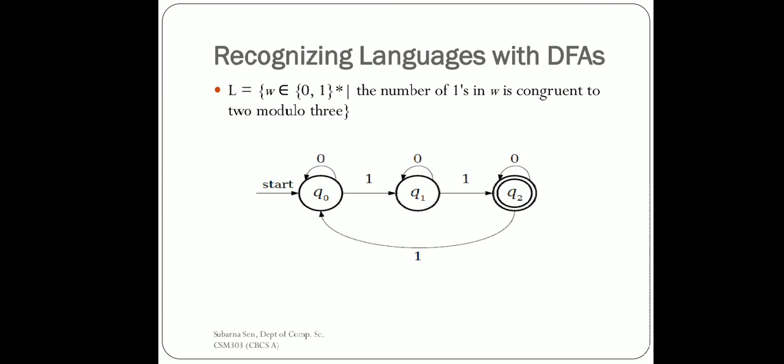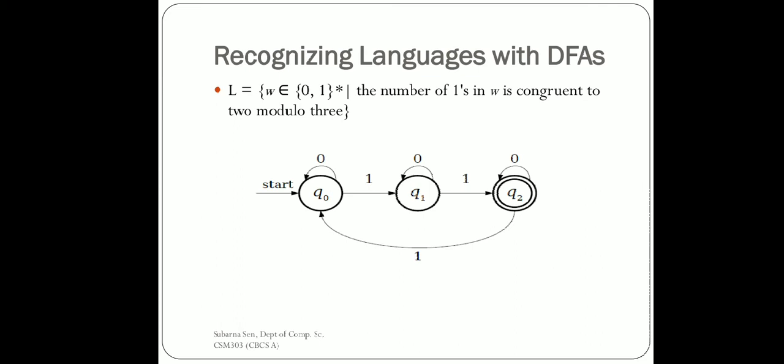Say it is 0 1 0, right? So here the number of ones is only 1 and the number of zeros is 2, but we are not restricting anything on the number of zeros. We are concentrating on the number of ones only. So here the number of ones is 1. Just see, if we get 0 1 0, on getting 0 at Q0, it will remain at Q0. If we get 1, then it will move to Q1. Again, if we get 0, it will be at Q1. So it is not going to move to the final state, so it is not being accepted.